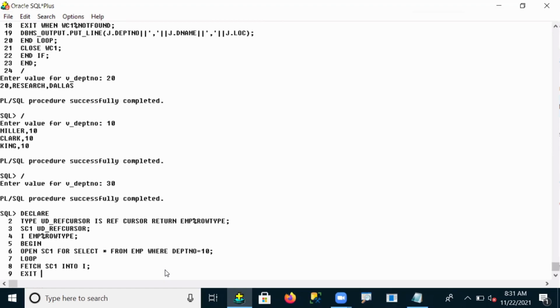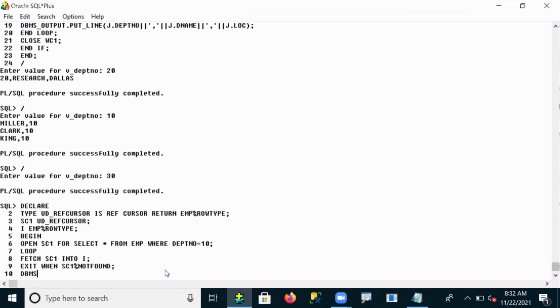I use an EXIT statement when SC1 NOTFOUND, then it will exit. If data is found, we display output using DBMS_OUTPUT.PUT_LINE of I.EMPNO concatenated with a comma, I.ENAME concatenated with a comma, and I.DEPTNO. As you wish, you can take whatever you want.